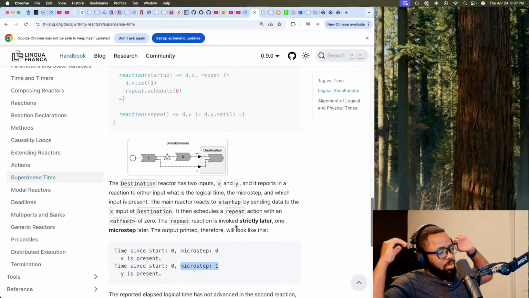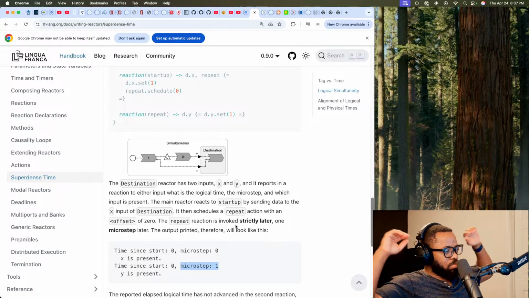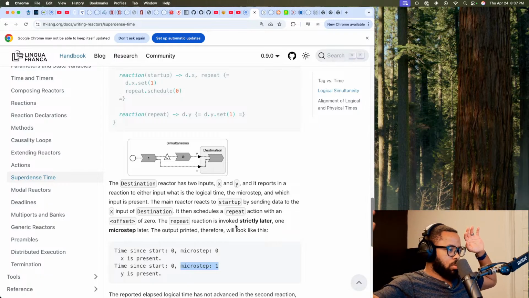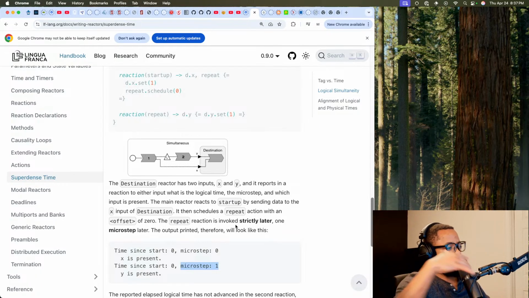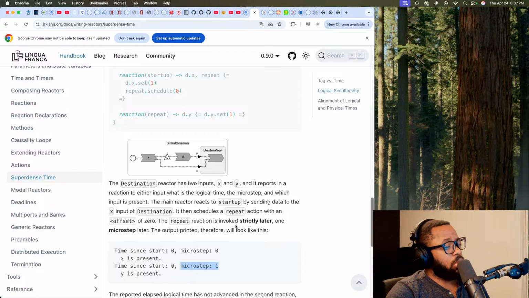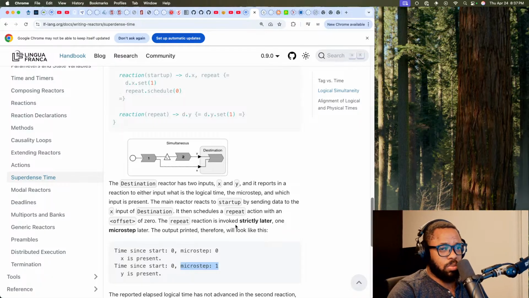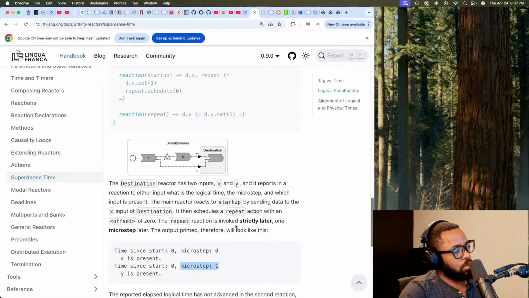So yeah, I think the concept of microstep really boils down to being able to have some sort of logical ordering of the reaction executions within the runtime. Well, okay, I don't know if it's within the entire runtime or just the reactor itself.